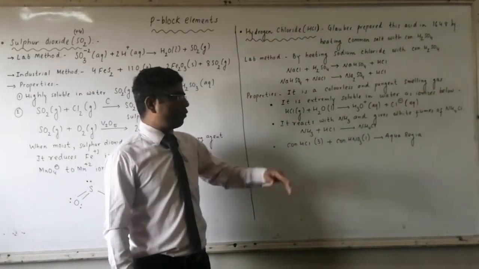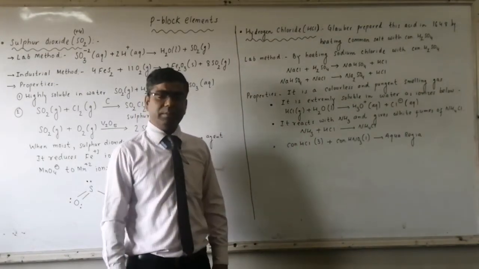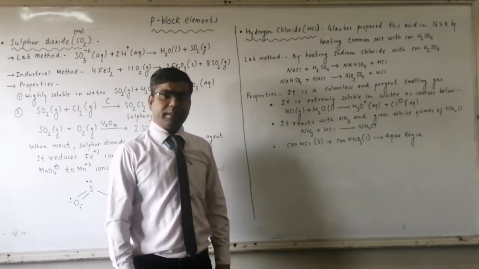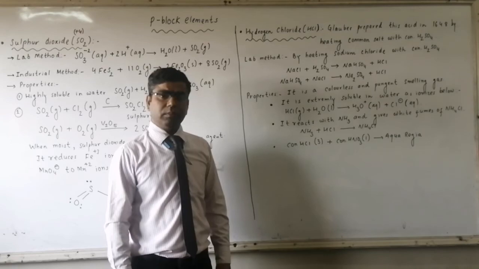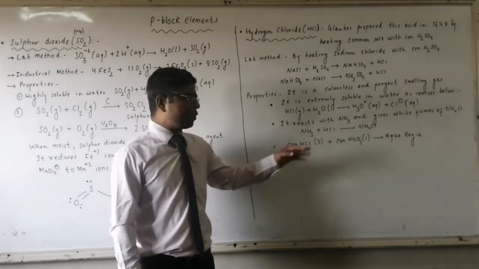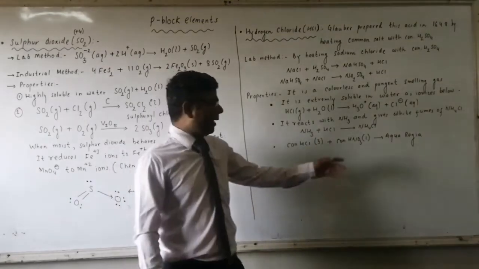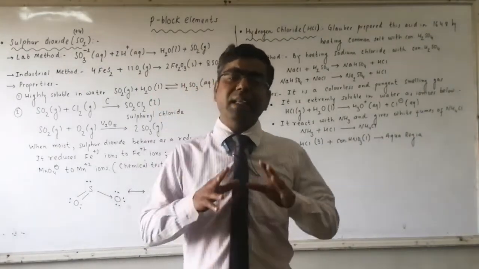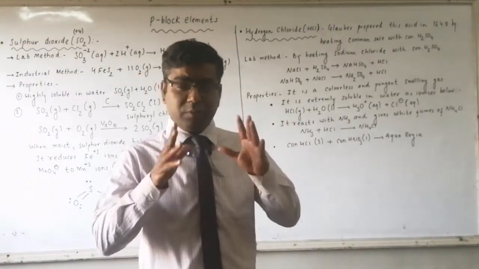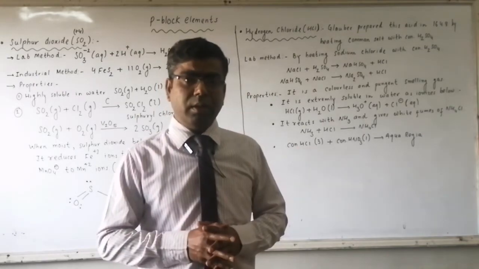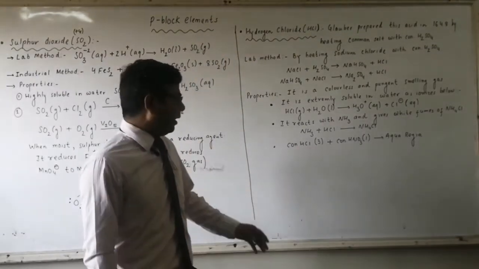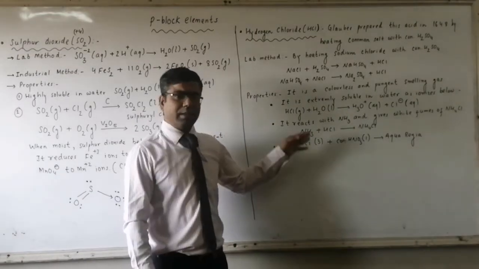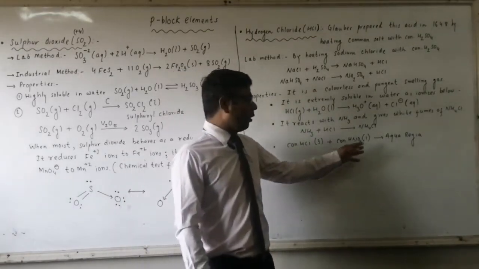Then it reacts with NH3 and gives white fumes of NH4Cl. NH3 is a Lewis base. So this HCl reacts with NH3 and forms NH4Cl. Due to the formation of NH4Cl, we obtain dense white fumes. And when taken with HNO3 in a 3:1 ratio, 3 parts of concentrated HCl and 1 part of